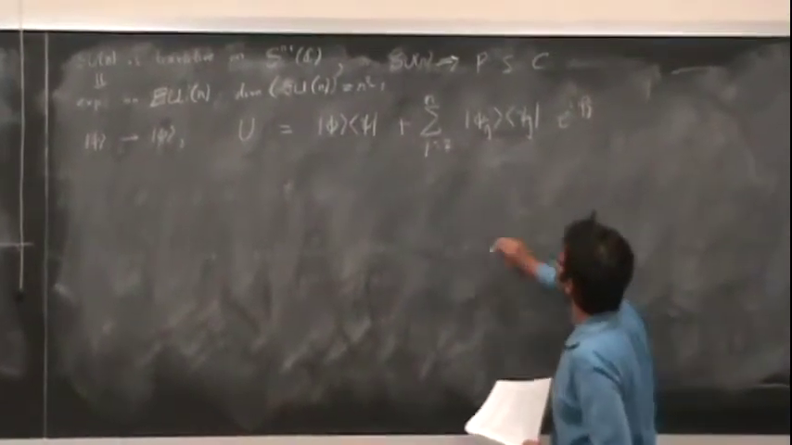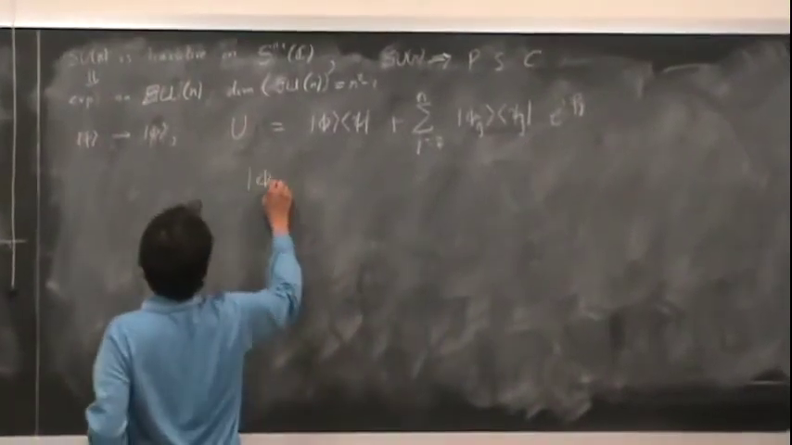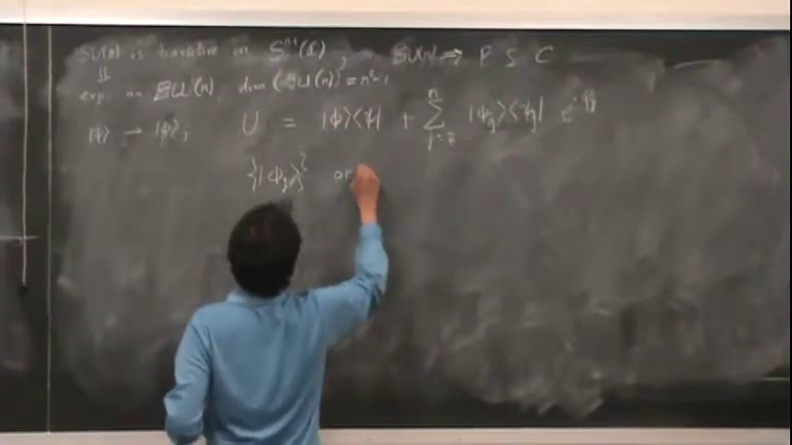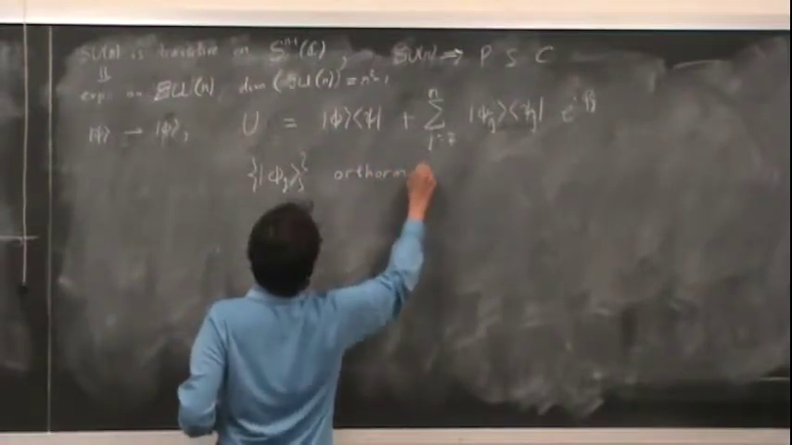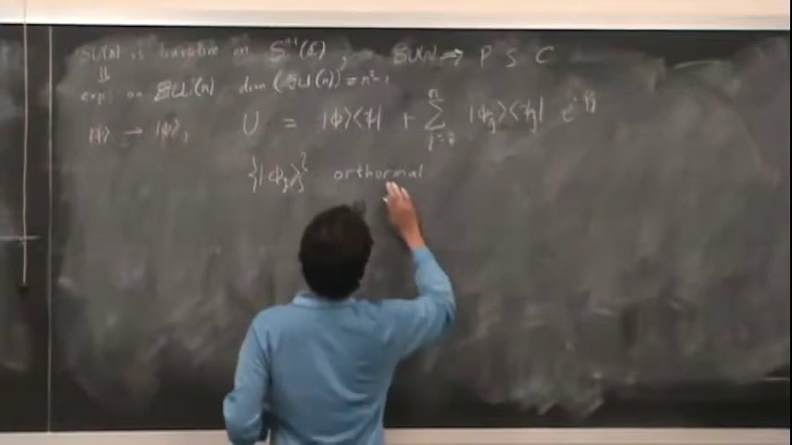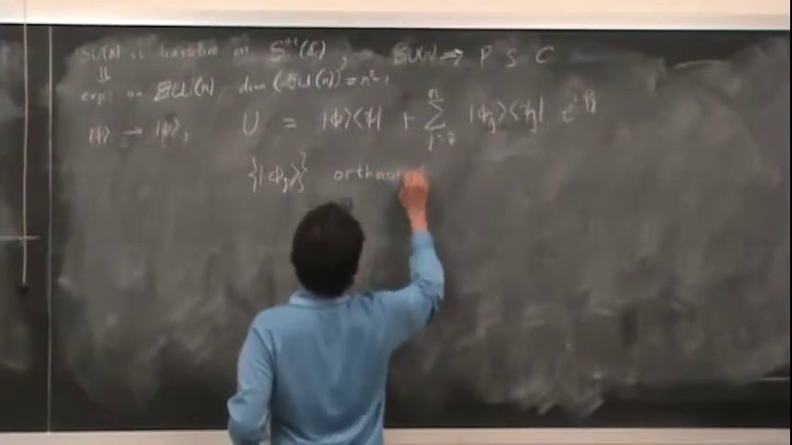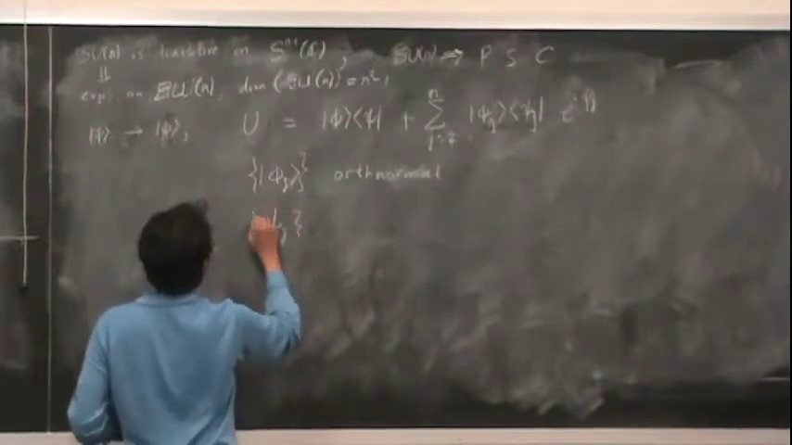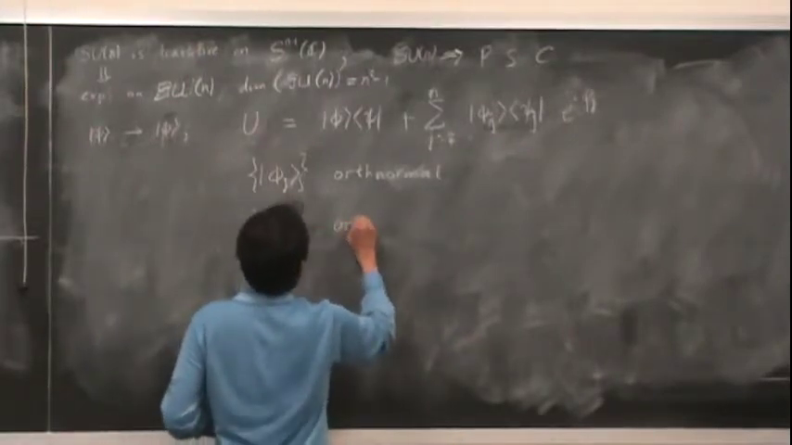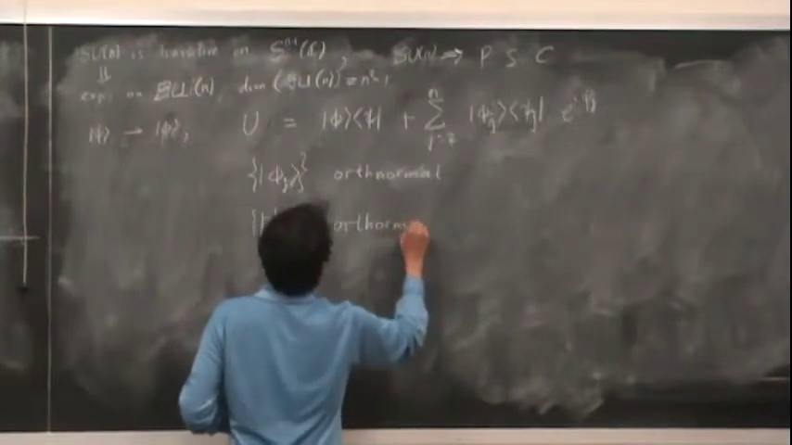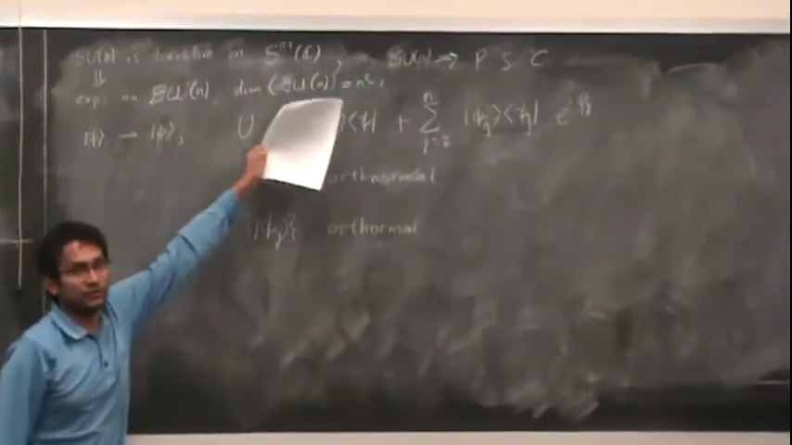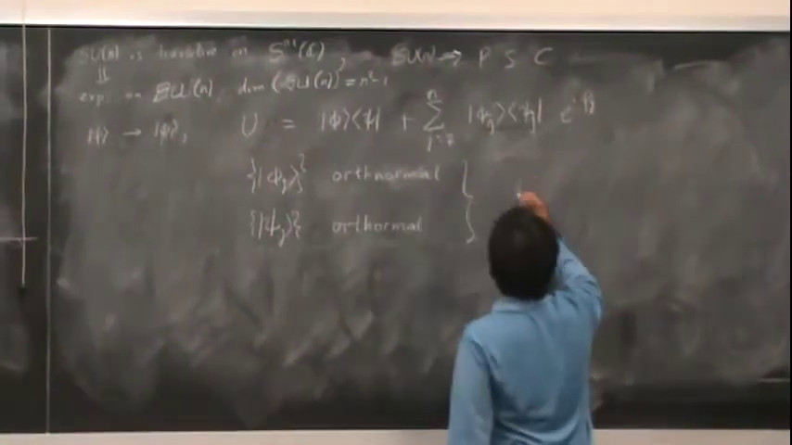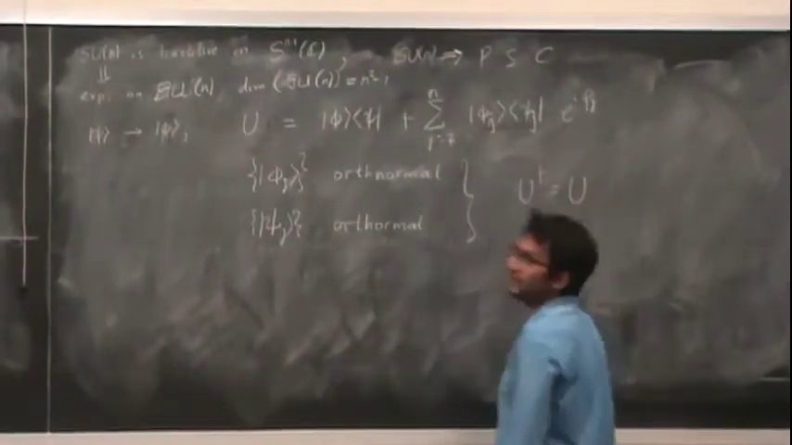And if I make the set of phi j's orthonormal, and also psi j's orthonormal, where j goes from 2 through n, then I can see that this gives me u dagger equals u inverse. Therefore,